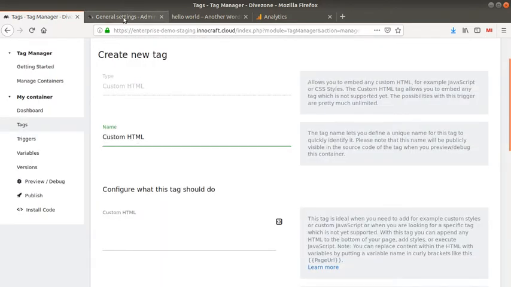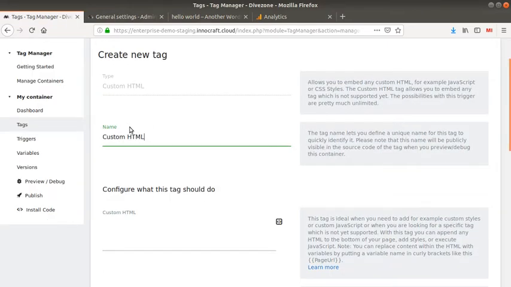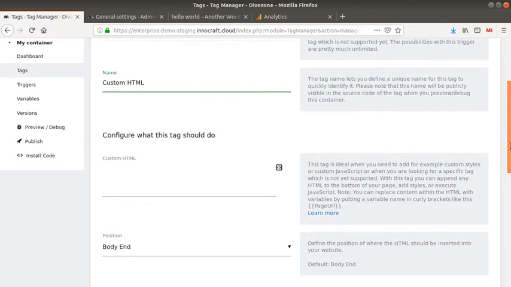Within the general settings of Matomo, you have the possibility to define who can use this custom HTML template, because in this tag you can insert any code that you want, and of course some of it can technically break your website. But I just want to show you this custom HTML tag because it allows you to make all the different combinations of tracking code.